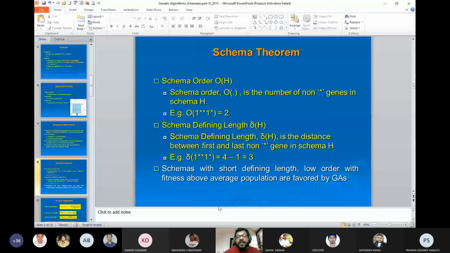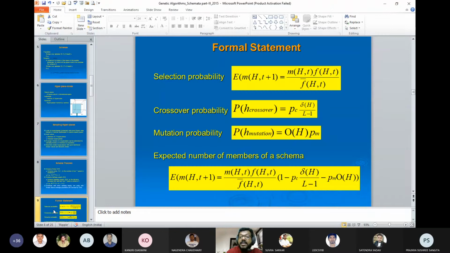Now we are coming to selection probability. Crossover probability and mutation probability we have discussed, but selection probability we have not defined. In crossover, we catch hold of two individuals and decide whether we will perform crossover or not. We generate a random number and check it against the crossover probability, and if the condition is met, we go for the crossover. Otherwise, we copy those individuals to the new population.